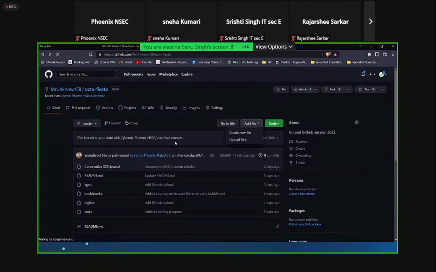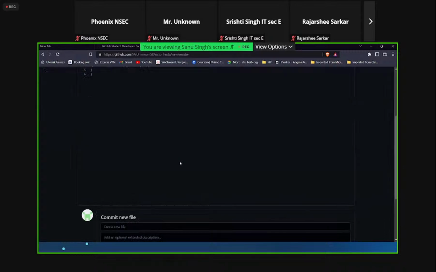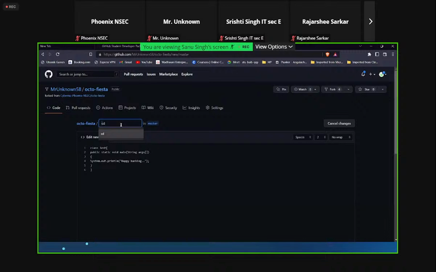I will create a new file. This is just a sample code. No need to worry about this. You will be learning it more later. So, happy hacking. Let's name this file Hacktoberfest first PR